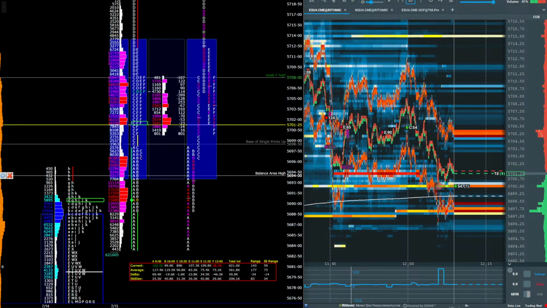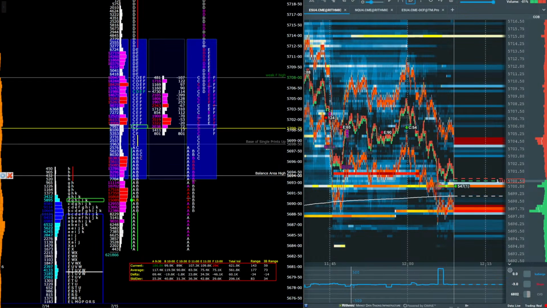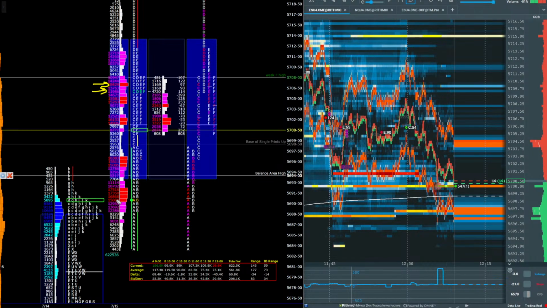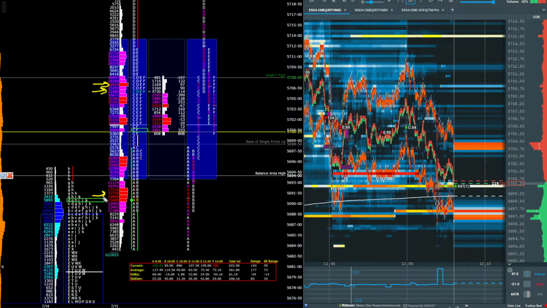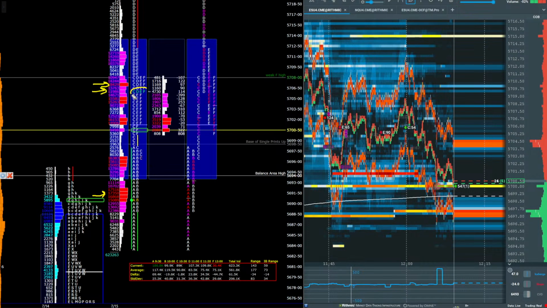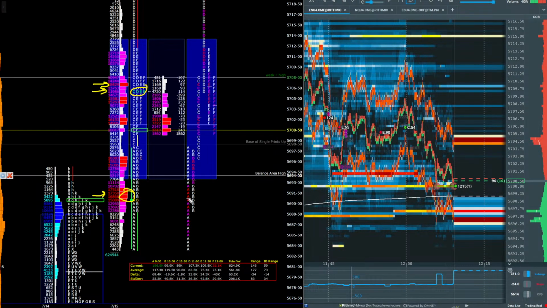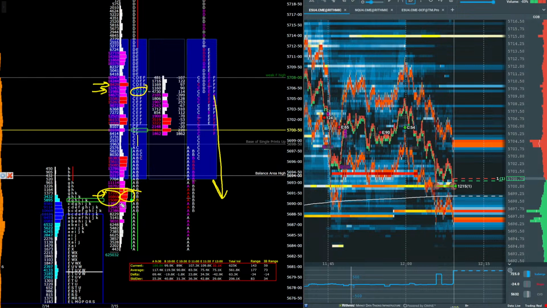So if you have them in very different locations, let's say we'll take today as an example. Coincidentally, they're right next to each other, right? The VPOC is right here and the TPOC is right here. But let's pretend this was the VPOC down here near the opening price. And let's say the market closed right now. So you've got your time POC up here and your volume POC down here. That will likely mean the market needs to dip down one more time to get to that volume POC